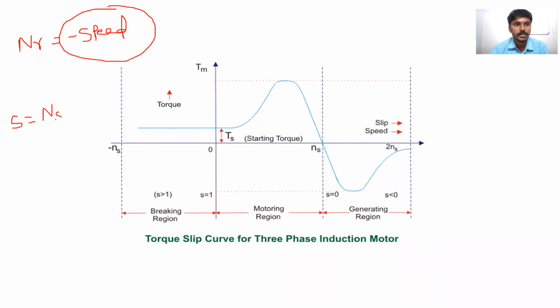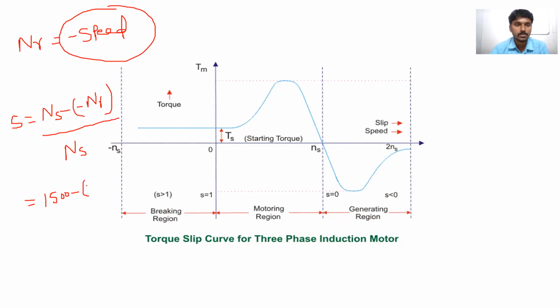You know the formula: slip is equal to NS minus NR, divided by NS. Clear? For example,